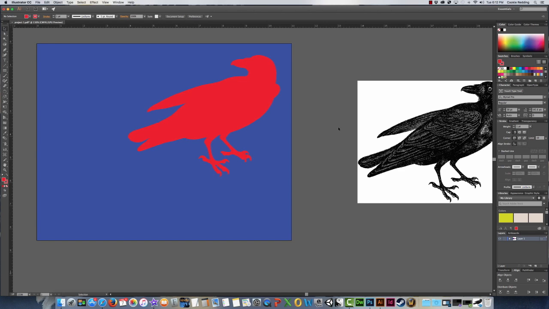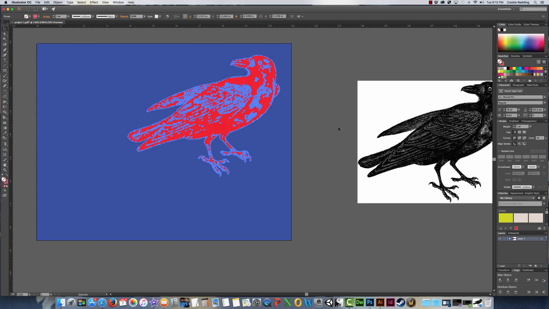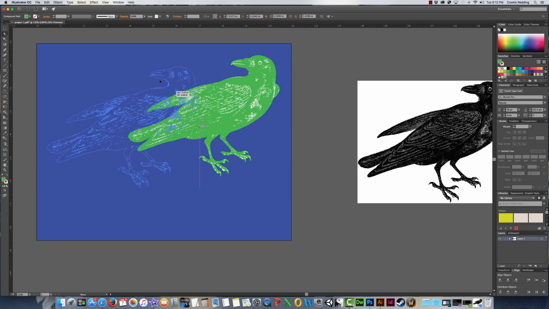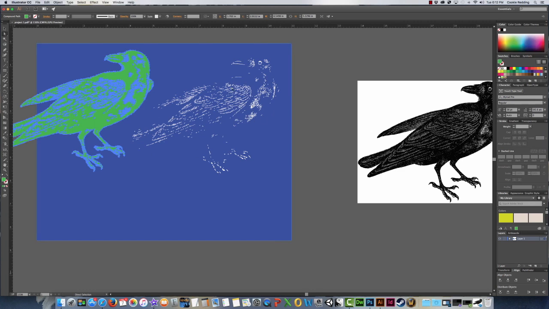Okay, so now we have just the solid fill. So if you just wanted the shape without the details, that works. I'm going to do 2 undos with my Command Z. One more. There we go. If you just click on the green and slide it over, the white bits stay in place. This is an